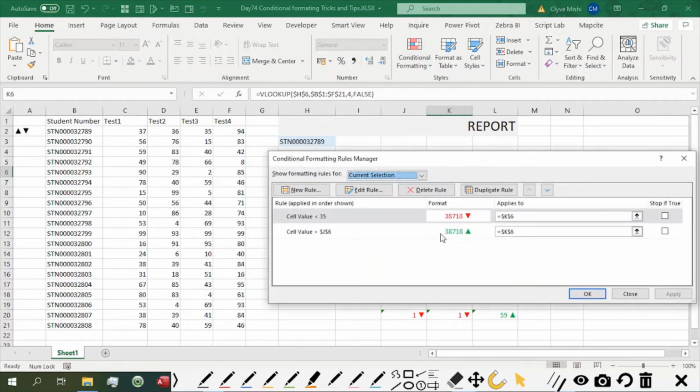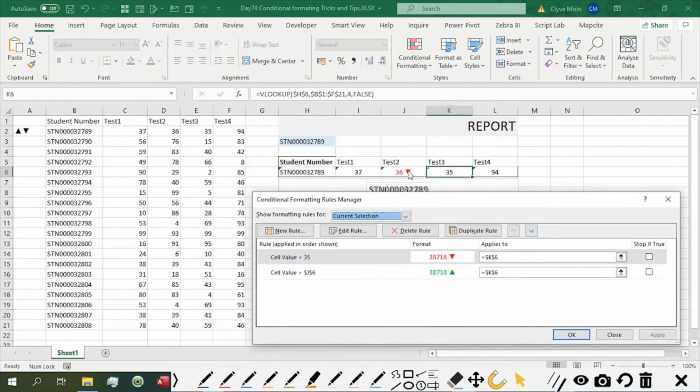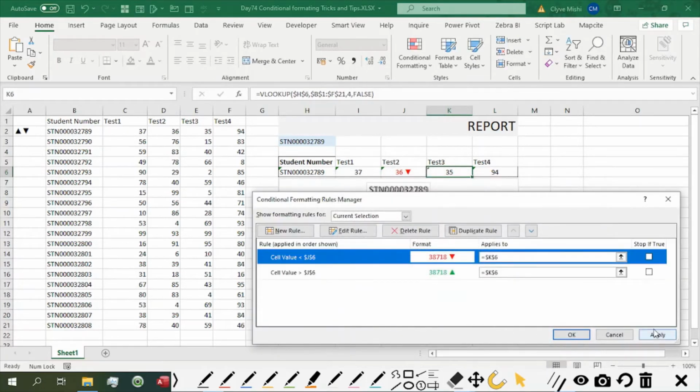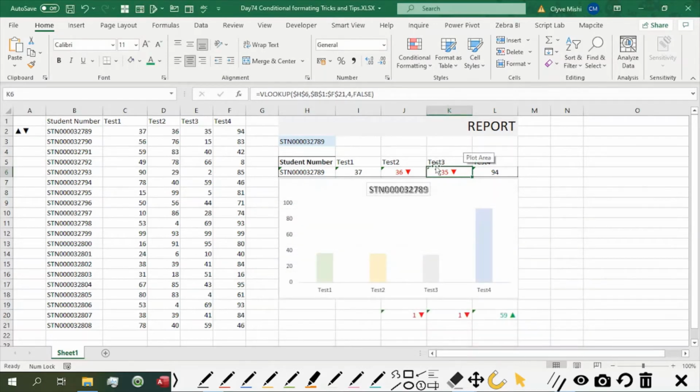I think I didn't link to this other cell here. I just did a row without linking it. Let me just edit my row. And I say it's less than this cell. Say okay, then I say apply. So you can see now, because this is less than 36, it shows this red icon,